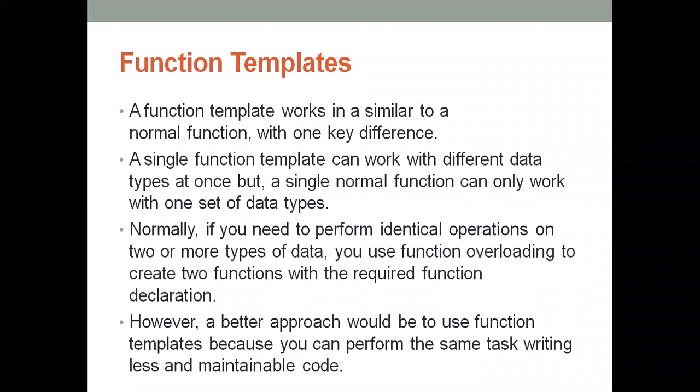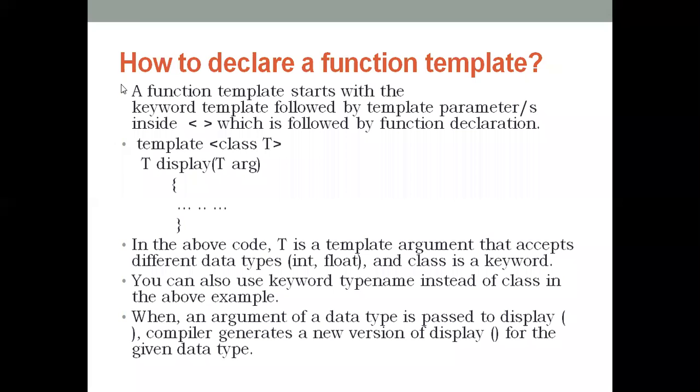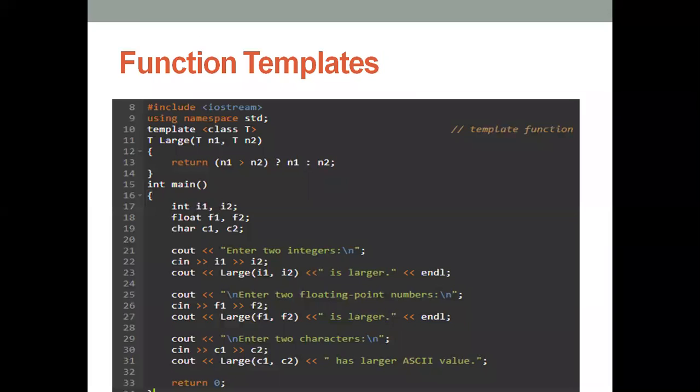So in the previous program, we are using a template class T, where again you are using capital T. You are providing the function, whatever function you are going to use. This is the display function, and within this function again we are providing another parameter, that is capital T, and this is the argument. And in this display function, you write the necessary lines of code or statements. So this is one example of a function template.